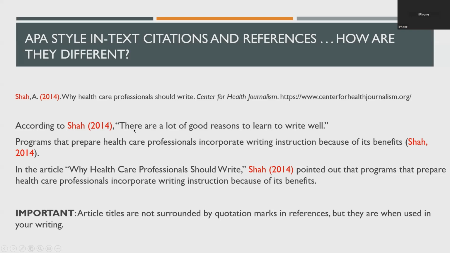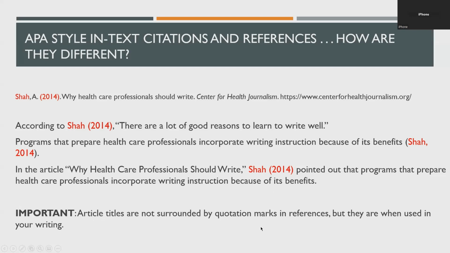You'll notice that in my first two examples, I didn't mention the title of the article. A lot of times it's nice to include that info. It helps the reader know where you got your information from, but it's not technically required. So like bare minimum, you just need to include the author's name and the publication date. But in this example, I decided that I wanted to include the title of the article. So I've put that here in my quotation marks, but I've still included the author's name and the publication date.